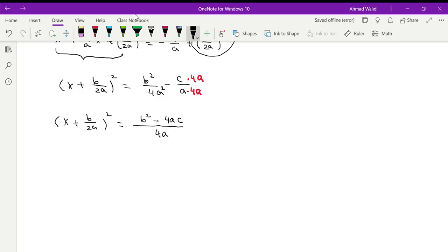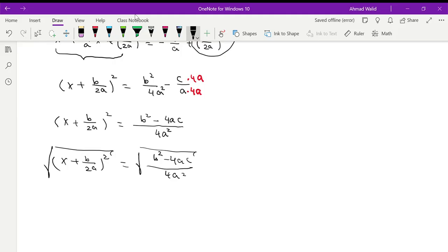Now, to solve this equation, take the square root from both sides. It gives you x plus b over 2a all square, and take the square root, please. Equals the square root of b squared minus 4ac over 4a squared. Correct? Here the square root cancels out the square. Then you end up with